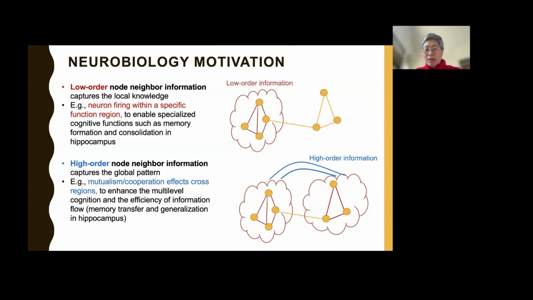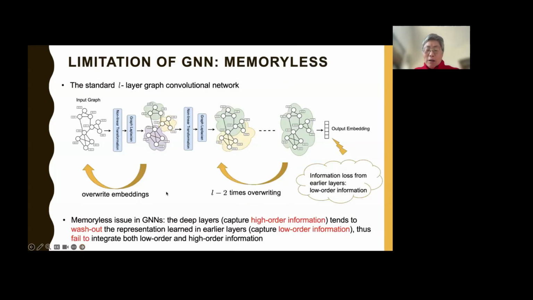So something is missing for this high order mutualism or cooperation part, okay? Therefore, this message passing idea is very, very useful in our neurobiologically motivated example, because we're not just interested in the adjacent information aggregation, but we're also interested in high order information. But there's a limitation for this GNN, which is also a limitation for deep learning in general,